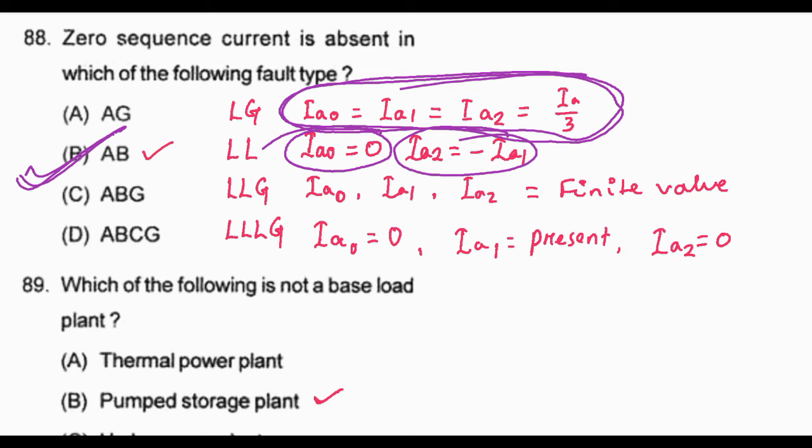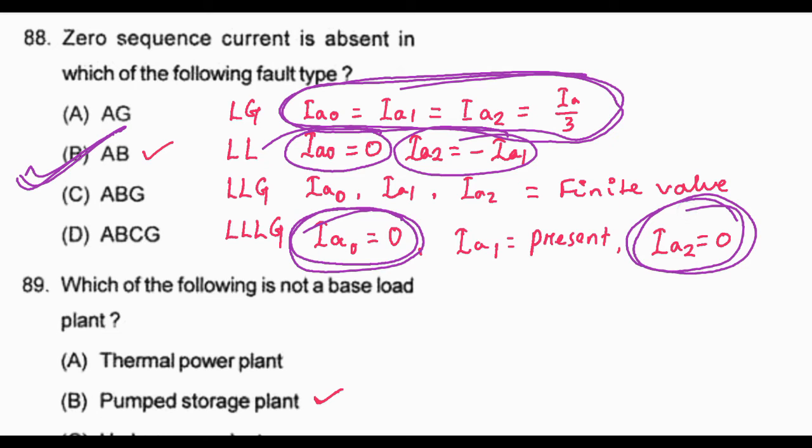And in case of three phase to ground fault, which is also a symmetrical fault, here also the zero sequence current is 0, along with that the negative sequence is also 0. So I have not selected this one, only selected the line to line fault, because the question is asking for zero sequence current is absent. In case of three phase to ground fault, both negative sequence and zero sequence are absent,